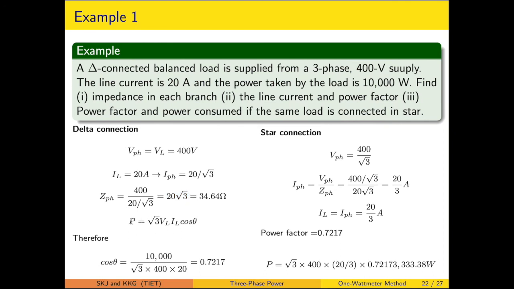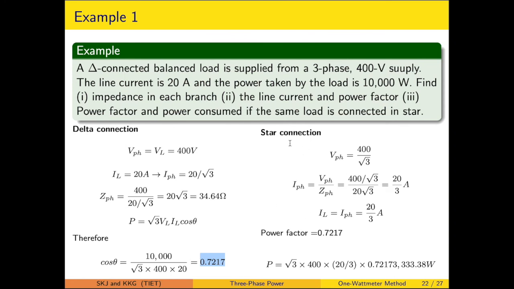With this arrangement, you can extend the analysis of the power value, either in terms of the line parameters or the phase voltage and phase current parameters. The cosine of theta can be calculated likewise. Once theta and the impedance are known, you can calculate the resistance and the reactance: R is equal to ZPH into cosine theta, X is equal to ZPH into sine of theta.